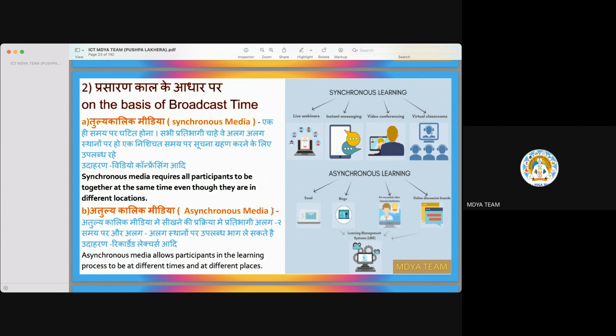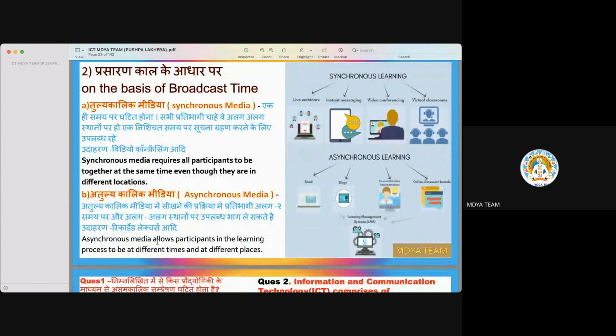And pre-recorded videos, lectures and webinars are all asynchronous because they are recorded at some other time and you are seeing and going through them at some other time. And online discussion boards: you are discussing with some people, but as your time permits or as their time permits, so it's a long process and takes a long time. And learning management systems, all these are examples of asynchronous media.